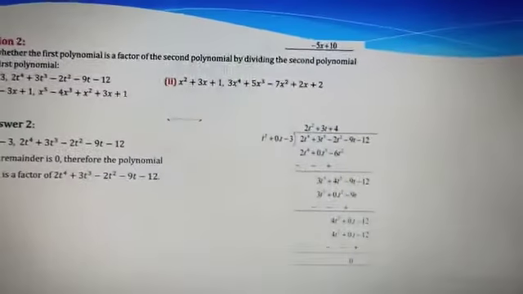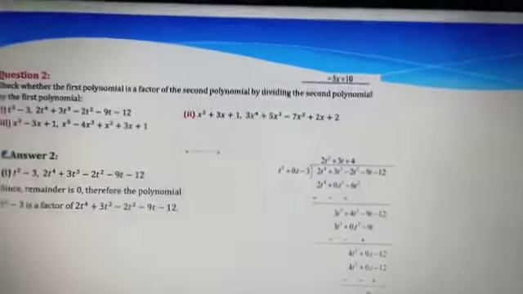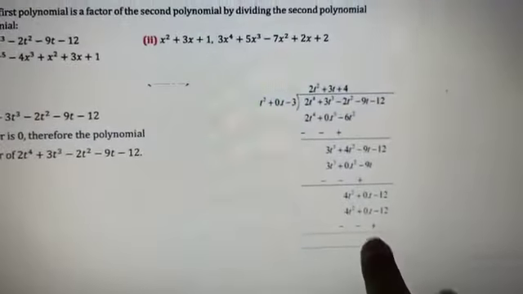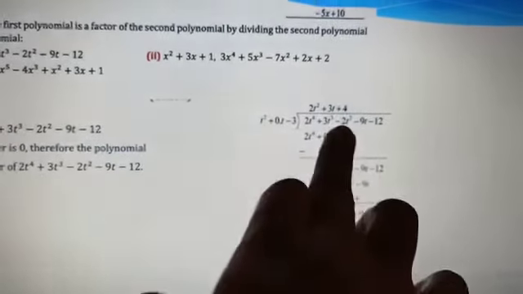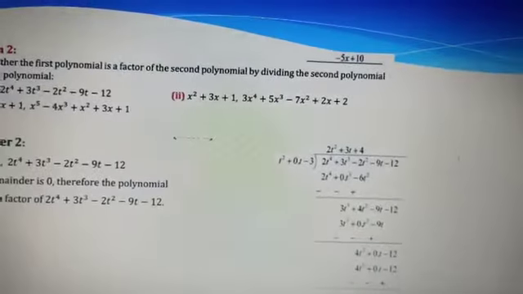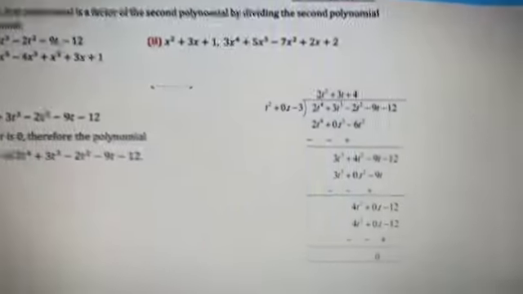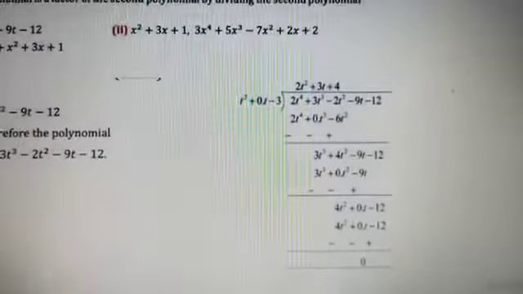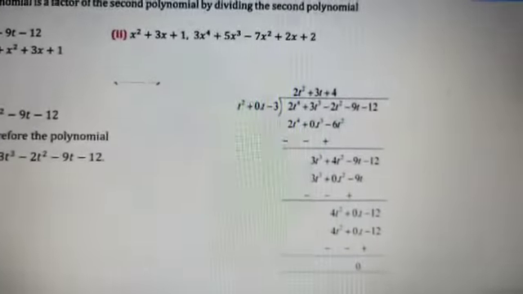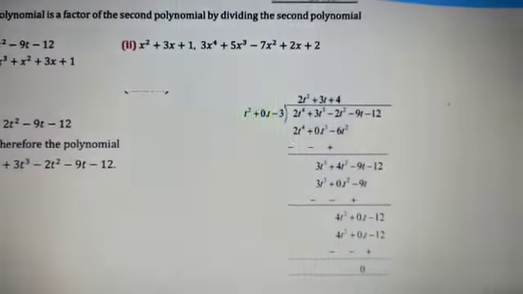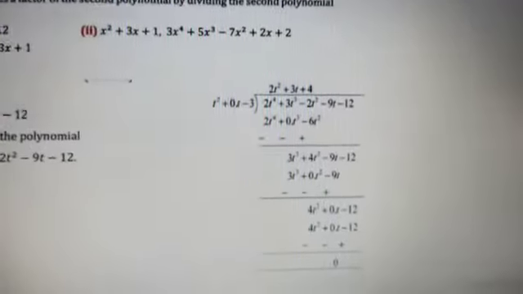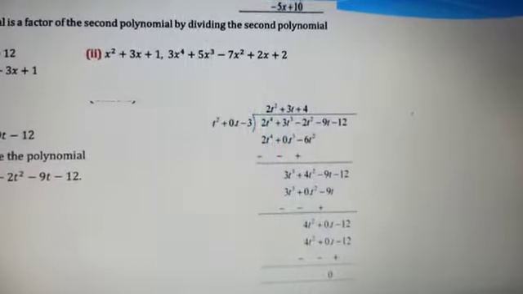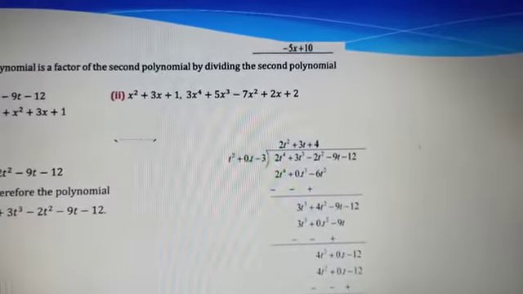Same long division method, divide it, and how do we check if it is a factor? If our remainder is 0, then the g of x is a factor of p of x. Is it clear, students? So here you can see t square plus 0t minus 3. T square into what would have given 2t to the power 4? T square into 2t square. So it gives us 2t to the power 4. Then t square into 3t will give us